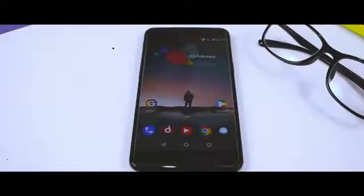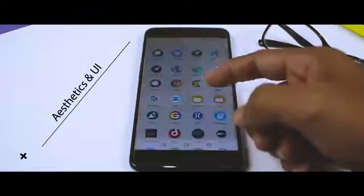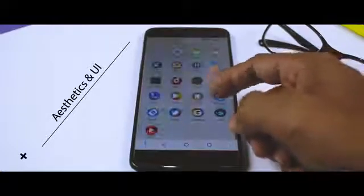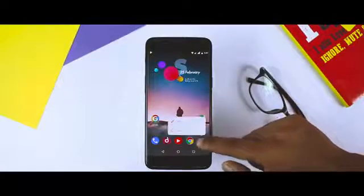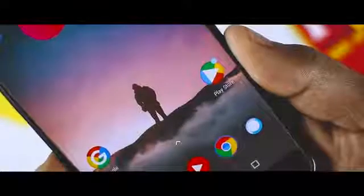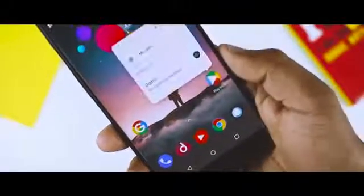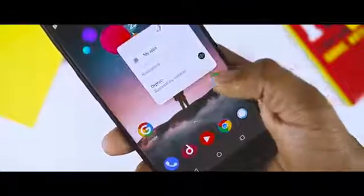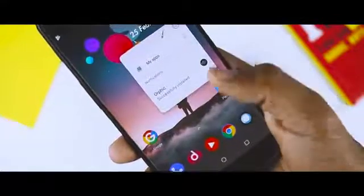Starting off with the aesthetics and UI, everything looks just like the stock Android Oreo that we saw in Pixel devices. By doing the swipe up gesture, you can access the app drawer, but just tapping and holding an icon will trigger the app shortcut feature, which is actually very useful and will save you from a few clicks. Additionally, there is also a very cool feature known as notification dots, which is introduced in Android Oreo. Now, this will basically allow users to see notifications they have missed without pulling down the drop-down menu from the